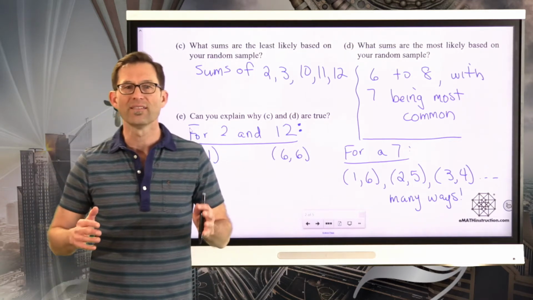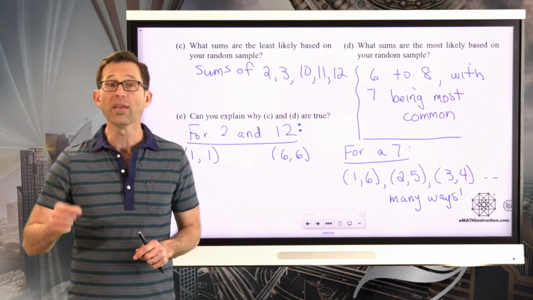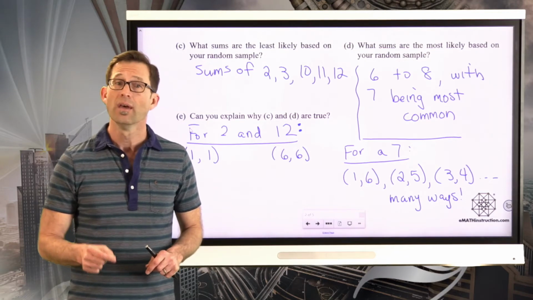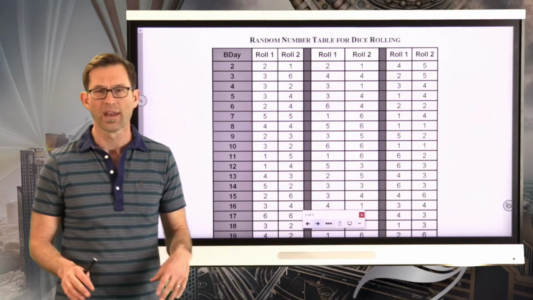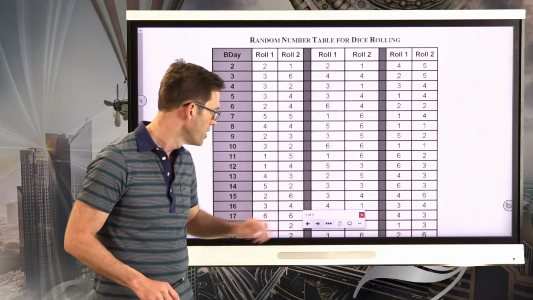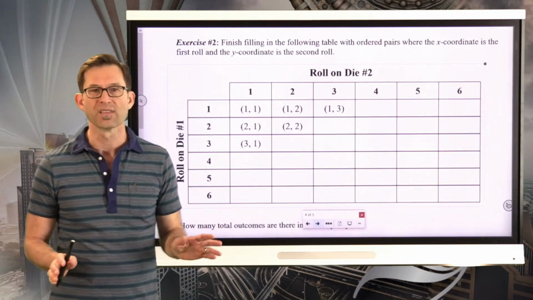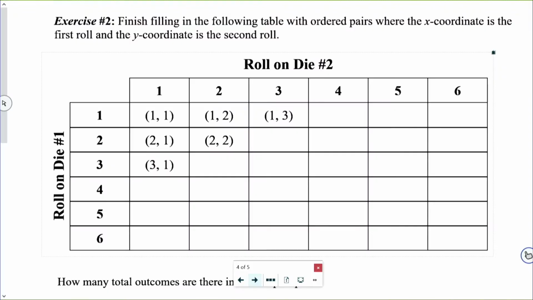But how can I take this compound event and really find these probabilities? Because this is much more complicated. So let's take a look at it. Here's our random number table. Let's really analyze this thing. Exercise number 2. Finish filling in the following table with ordered pairs where the x-coordinate is the first roll and the y-coordinate is